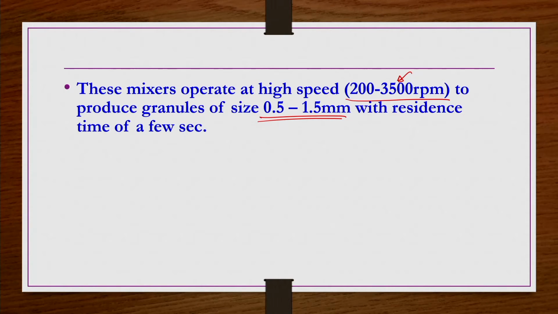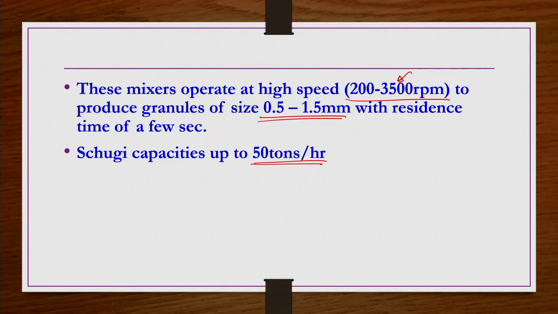In general, in the tumbling granulators, or otherwise the low speed mixer granulators that we have seen, the residence time is in minutes, 5 to 10 minutes or something like that. But because of the high shearing in these continuous shaft granulators, the mixing takes place within a few seconds. However, you cannot have larger size particles, because of the high shearing some amount of attrition may also take place. So that will not allow the particle to grow bigger and bigger or consolidation to take place. That is the reason the particle size is only up to 0.5 to 1.5 mm.